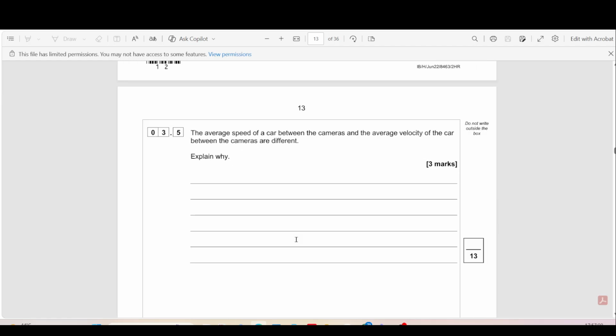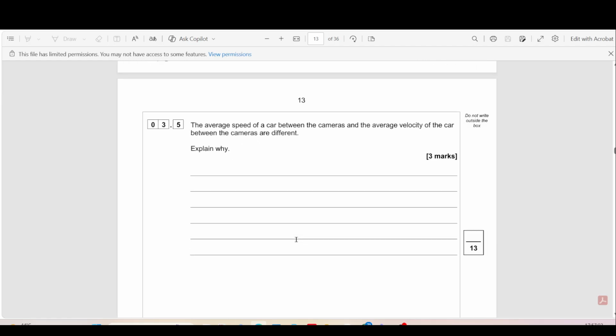The average speed of a car between the cameras and the average velocity of the car between the cameras is different. Explain why. Velocity equals